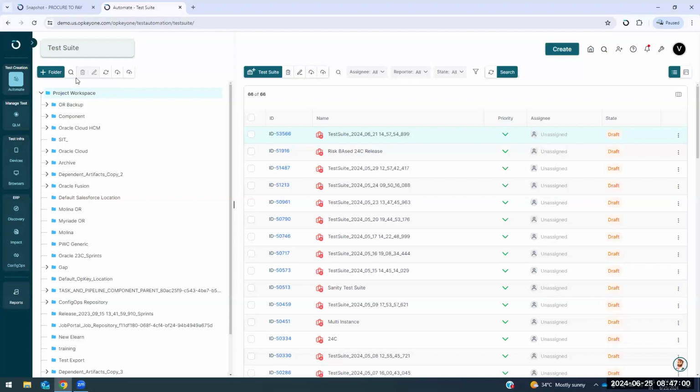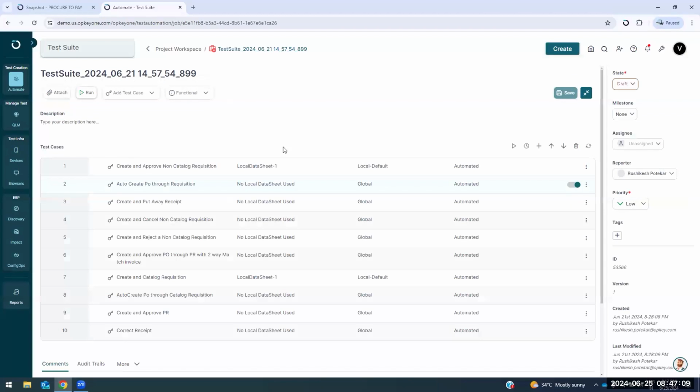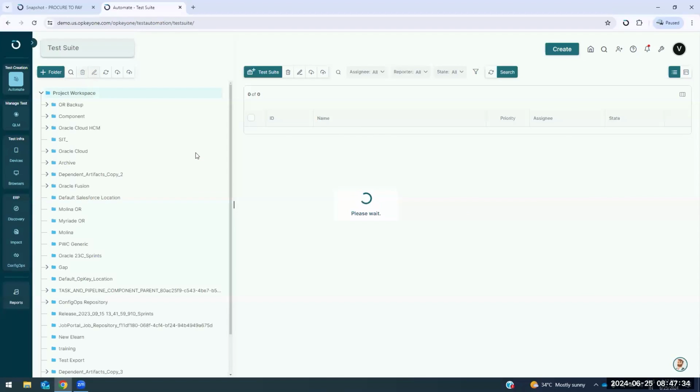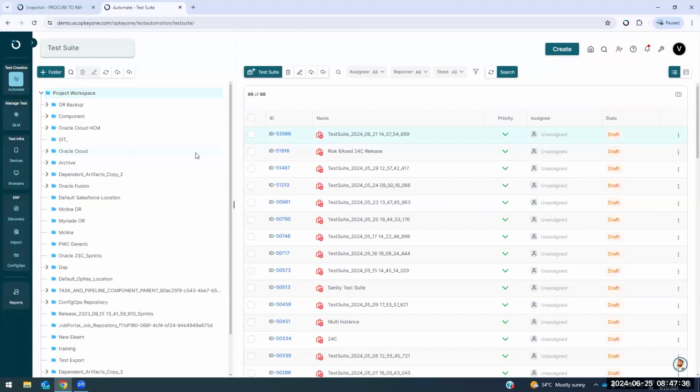So let's say you have 1,000 test cases, you can dedicate 10 VMs and execute all the 1,000 test cases in parallel. Once the test suites are created like this, you can see multiple test cases aligned together in a specific fashion. Here comes the part where we help you maintain these, even for your BAU changes, in case you're making configurational changes, or in case you have quarterly patch upgrades. From the same test cases we create sanity test suites, and that helps Opkey capture snapshots. Basically, those are the technical impression of the environment to understand the changes.